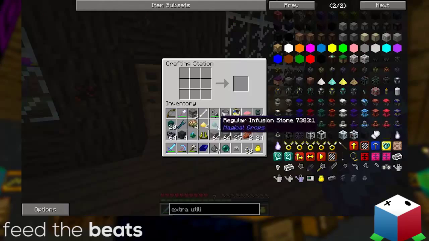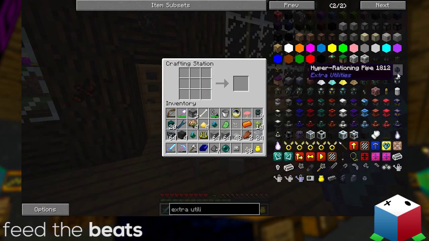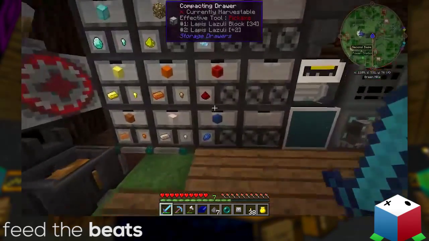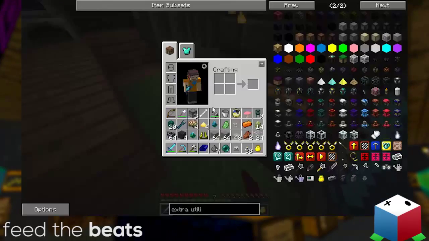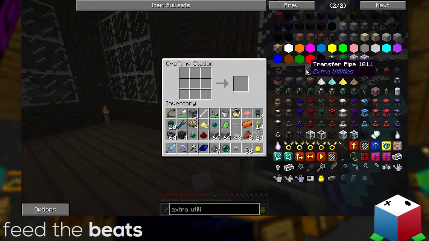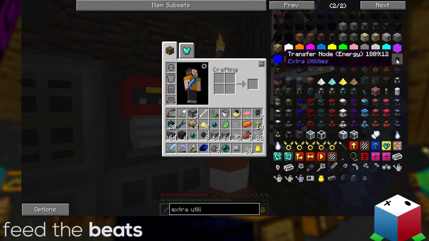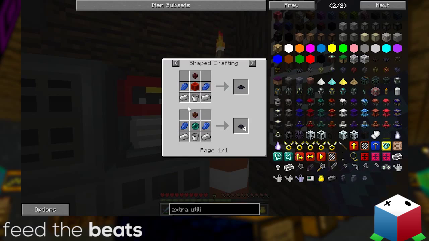make this. Alright, so first of all we need slabs. So if I do these, now we have slabs. I think that's actually everything that I will need. Oh no, I will need some redstone. I'll just grab 1 piece of redstone for now, and as soon as I make this, we'll have 8 transfer pipes. Cool, but I believe now I'll need to make a transfer node. So to do that,